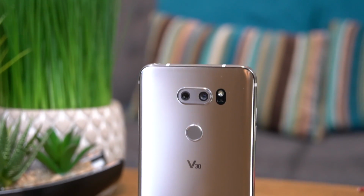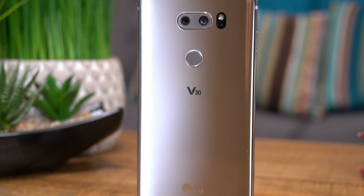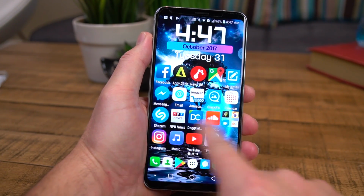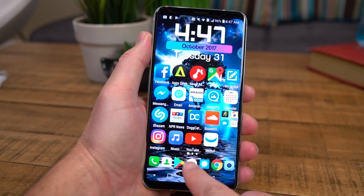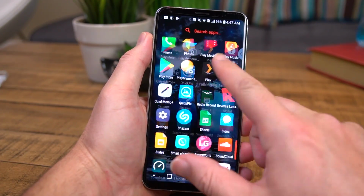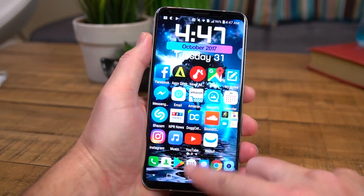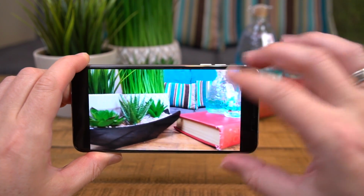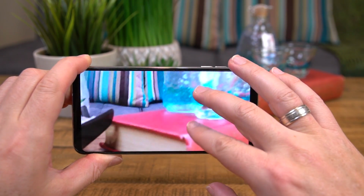Let's start things off with ergonomics. Ergonomics is basically the study of people's efficiency working with a phone. This guy is really nice because it's very responsive. Like when you drag your finger across the screen, it doesn't have any lag. It's very low latency. So this makes the V30 really easy to work with because everything's just nice and fast